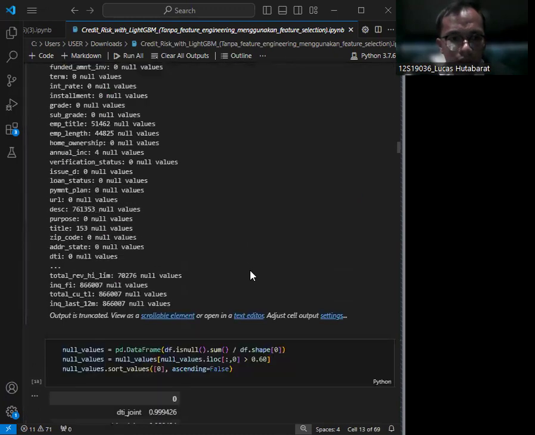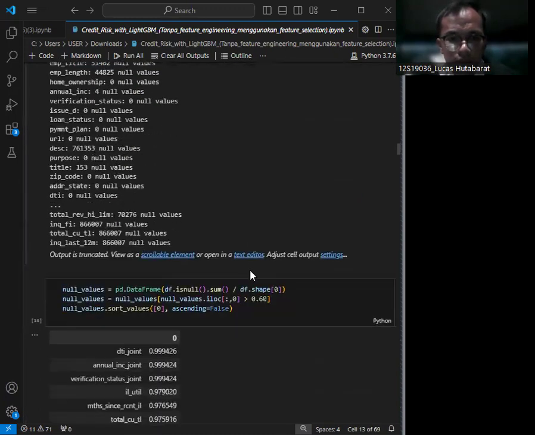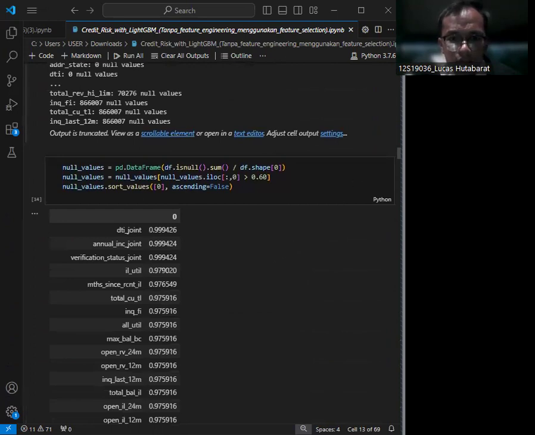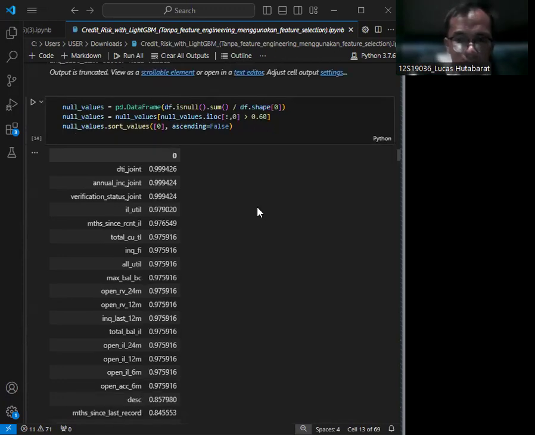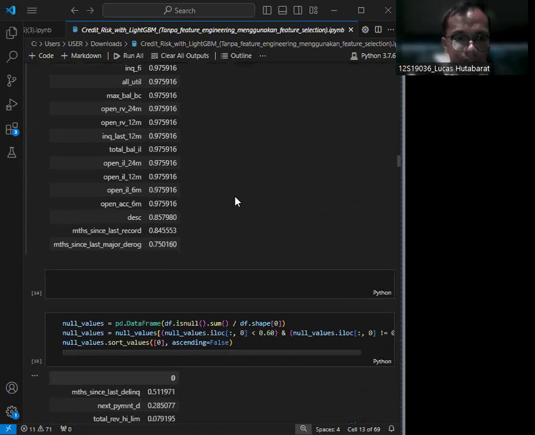And then we filter null values. We identify columns with more than 60% missing values to clean the dataset and reduce the dimensionality.